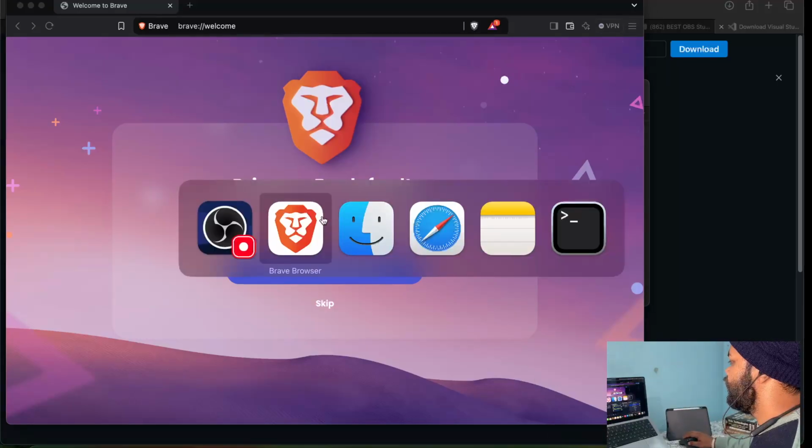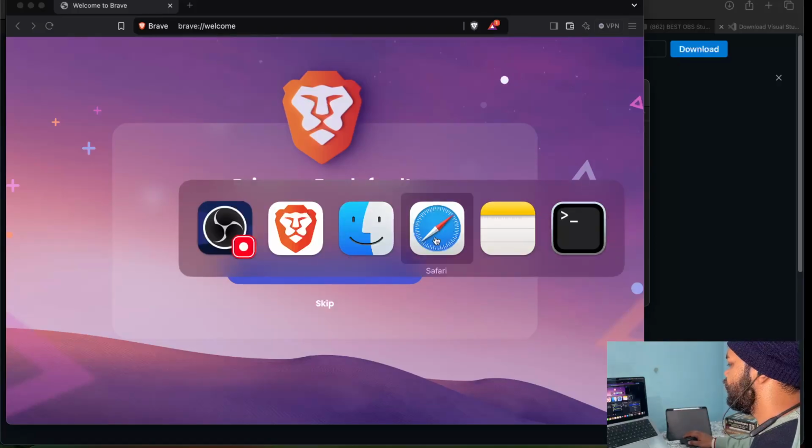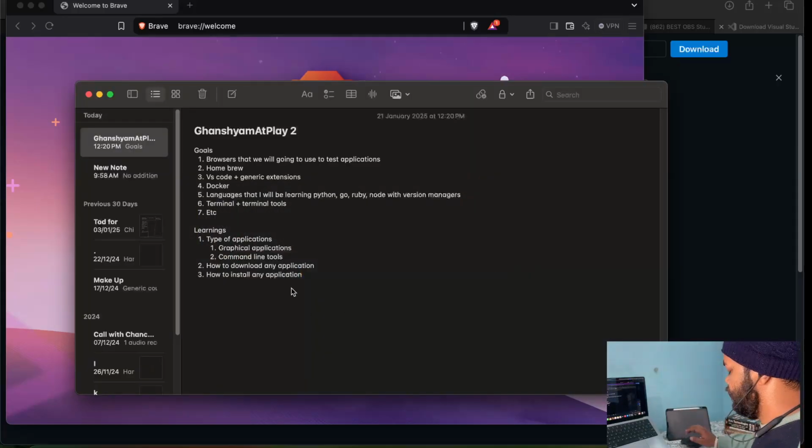Like how can we download the application in some other ways? Instead of doing that, there is another way to download and install at the same time. There are two ways to do that. One is you can use the App Store, and the second is Homebrew. Actually, Homebrew is a command line tool that will install